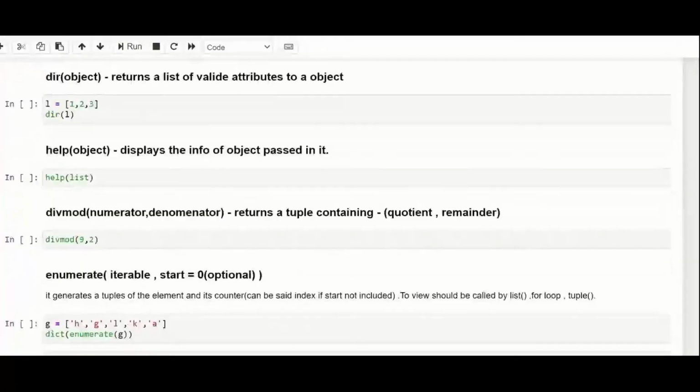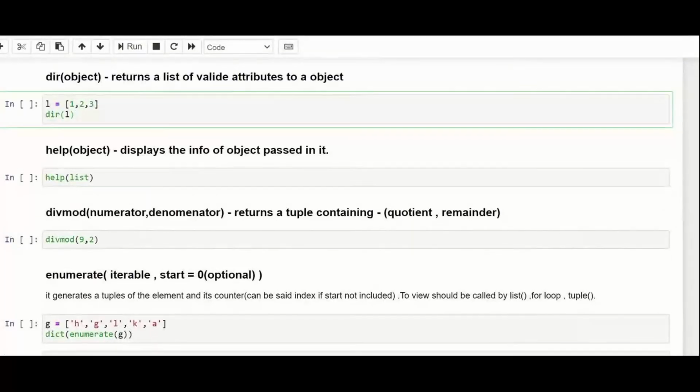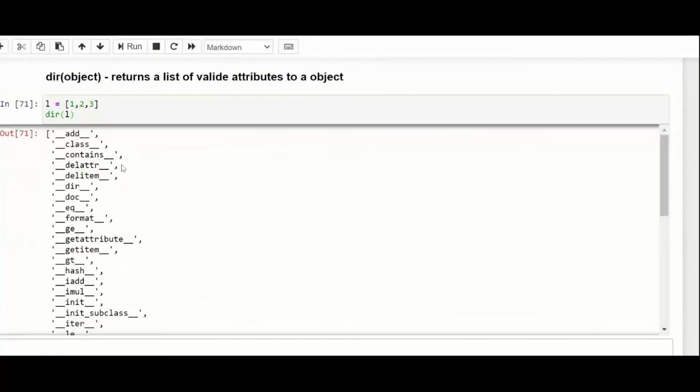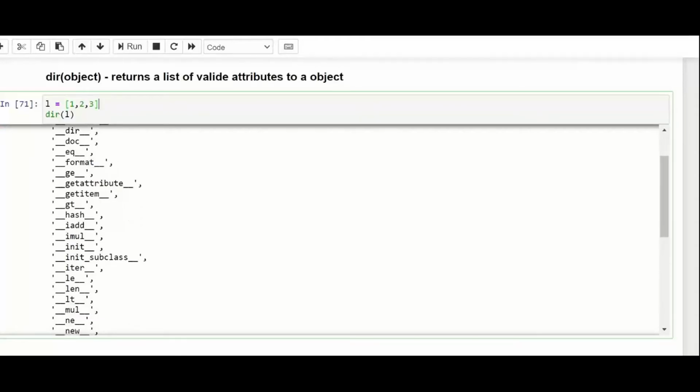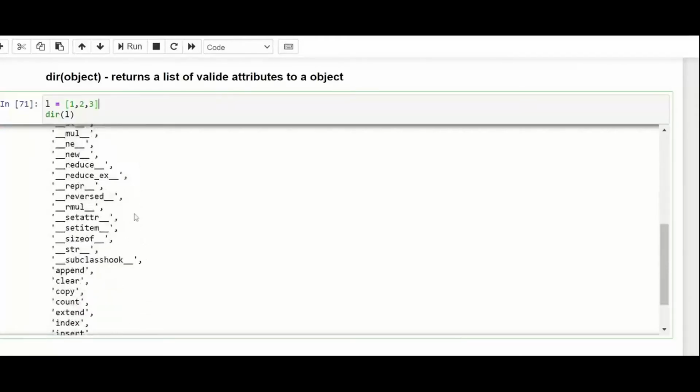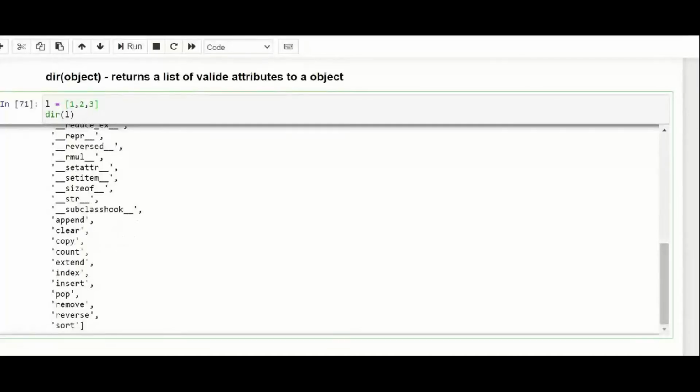So now, if I just show you this, these methods are rarely used, but this is the dir method. As you can see, here is a list 1 2 3. When you do dir of the list, it will let you know all the methods of a list. That is append, clear, copy, count, extend, index, insert, pop, remove.